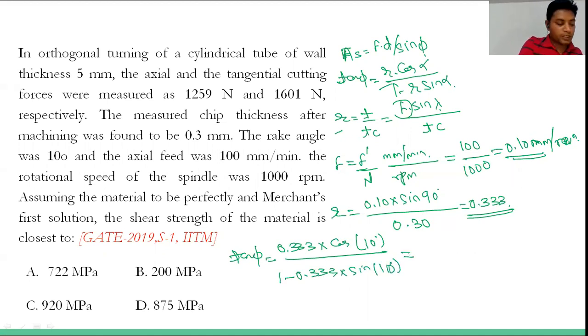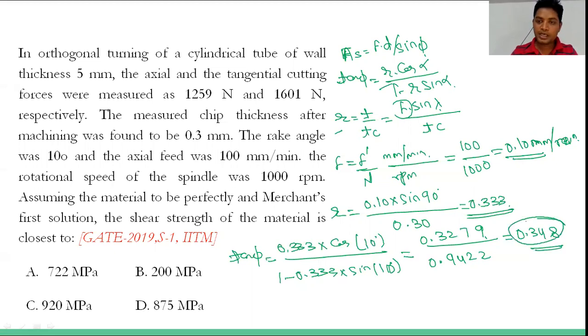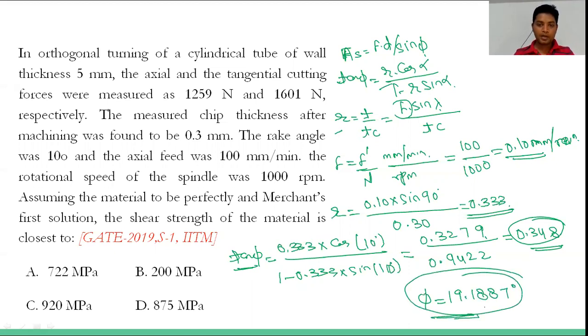ठीक है, यहां से जो मुझे वैल्यू मिल रही है, ओके, जो मुझे न्यूमरेटर में मिल रहा है फर्स्ट, दैट इज 0.3279 अपॉन जो डिनोमिनेटर में मिल रहा है, दैट इज 0.9422। ओके, सो दिस विल बी इक्वल्स टू 0.348। ओके, सो ये वैल्यू किसकी है, आपकी tan phi की। सो व्हेन यू विल कैलकुलेट इट tan inverse, when you will do the tan inverse, then you will get the value of phi, that is 19.1887 degree। ठीक है, ये आपका phi हो गया।